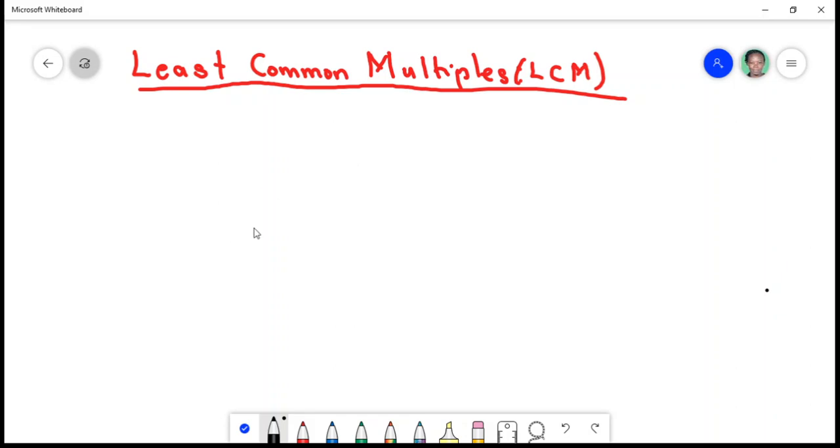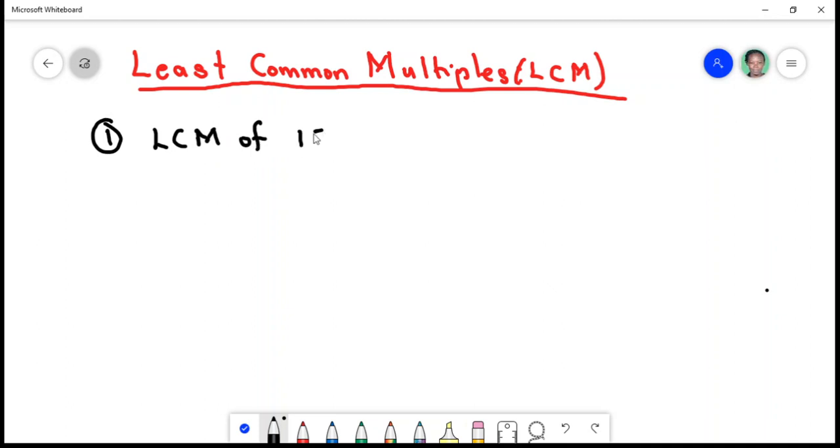In our previous lesson on common multiples, you realize that the common date was the 12th day, which was common, and it was the least as well for Akos, Kweku, and Yao. Today, let's take some examples. Example 1: I want to find the LCM, the least common multiple, of